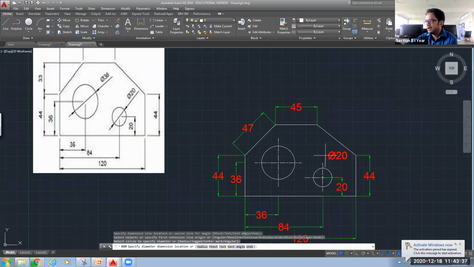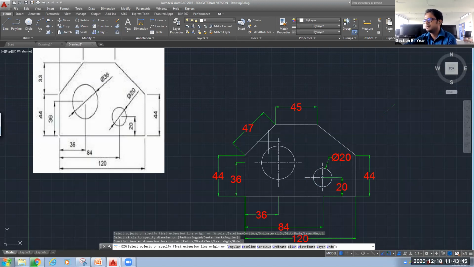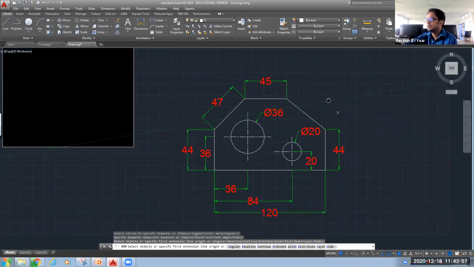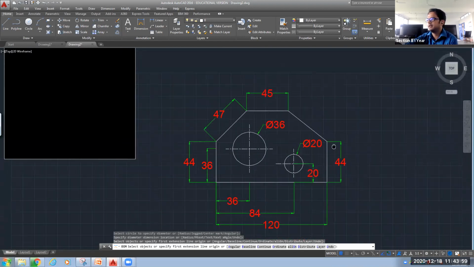So select the circle, and the next click should be where you want the location of 520 to be located. So this is your another part. Select the circle, click on that, and the next click will be wherever you want it. So I think the drawing is now complete.